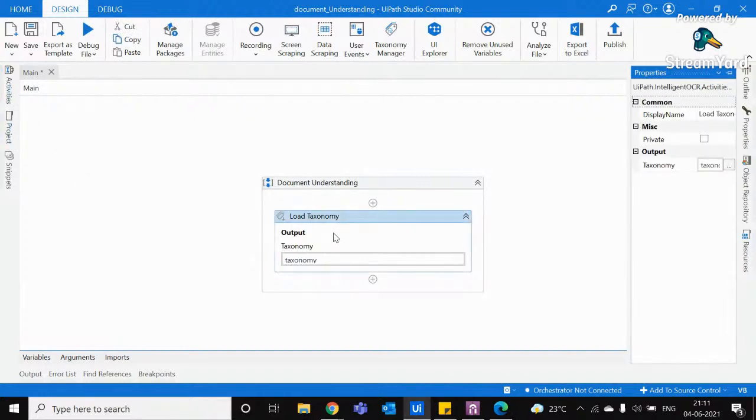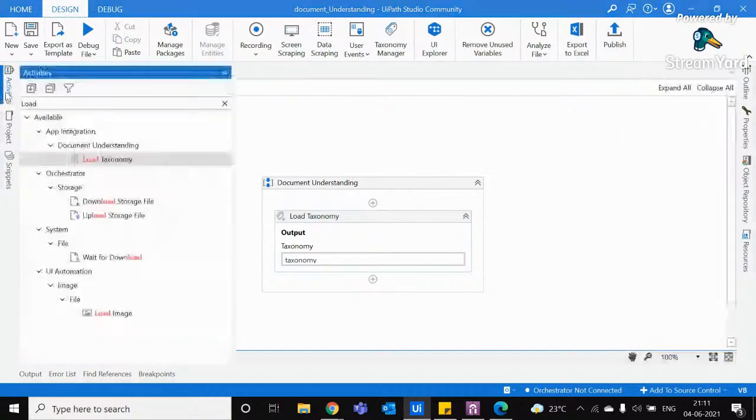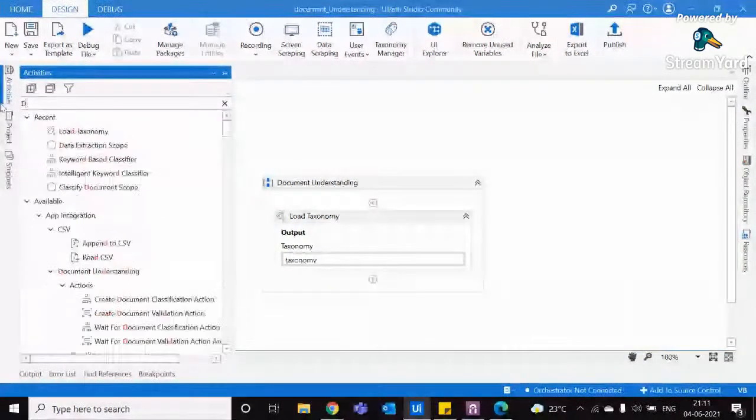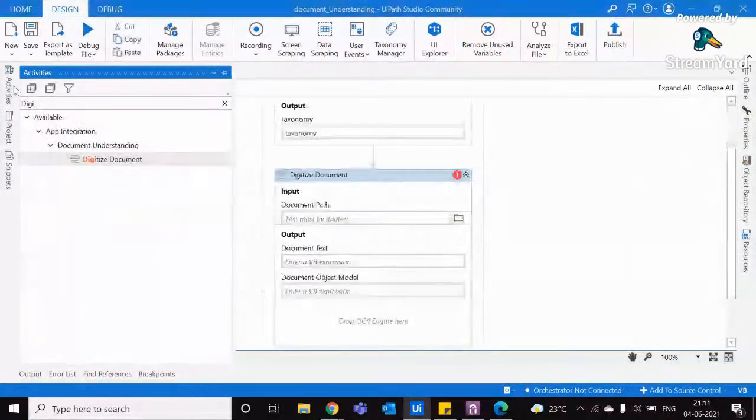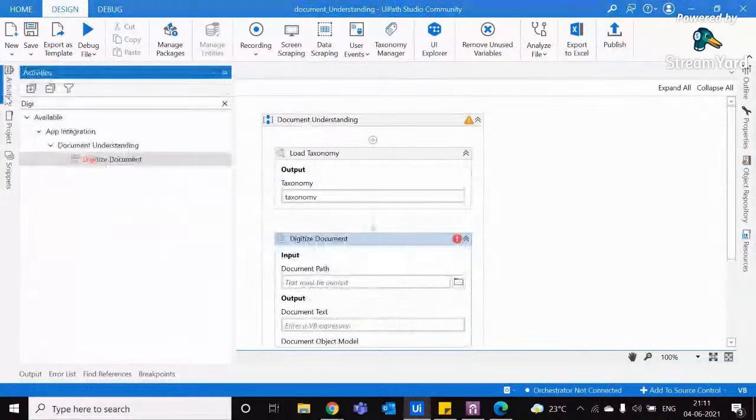So once this is done, we need to digitize the document. The second step is digitizing the document. Digitizing is nothing but we are looking at digital or scanned PDFs. So the activity which we need to use is digitize document. Before that, I'll just assign my PDF path, the sample invoice path,